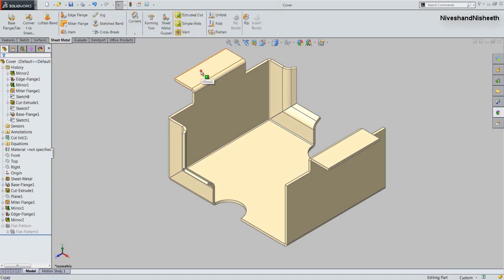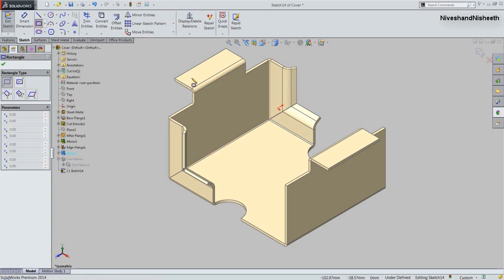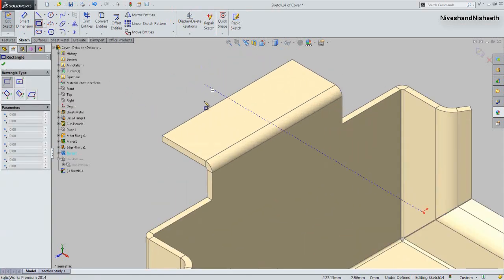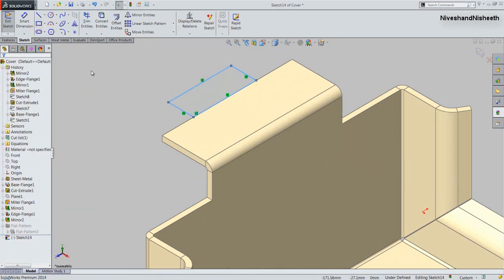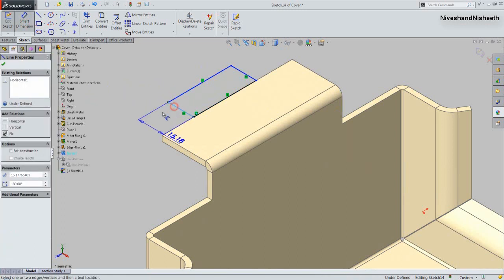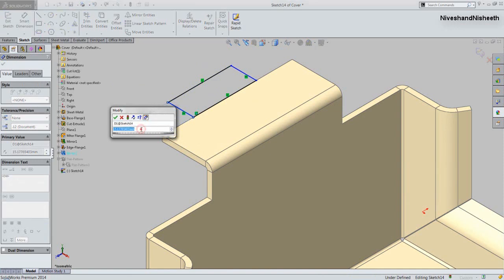Now select this face and activate the base flange tab command. Draw a rectangle on here, and fix the height and width of the rectangle 20 mm by 40 mm.